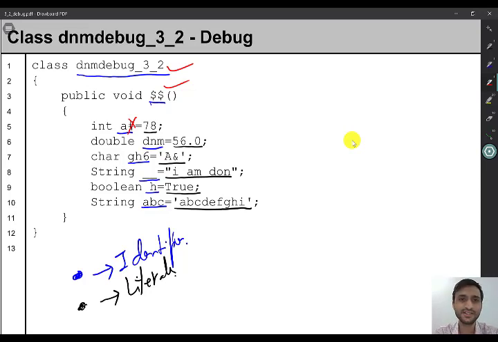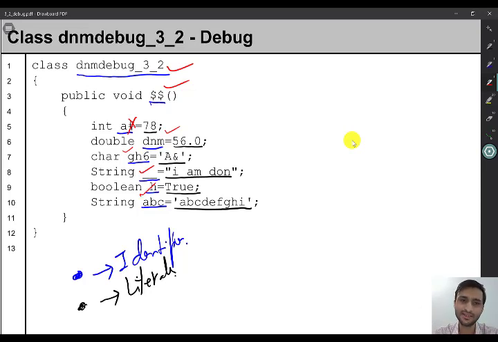Next identifier is DNM. Is that correct? That is correct, you are using alphabets. This is completely correct. Then GH6, is that correct? Yes, that is correct. We are using alphabets and digits, it is allowed. Next, underscore. Yes, underscore can be an identifier name. It is part of the identifier rules. So this is correct. Though it looks like a fill in the blanks, it is not fill in the blanks. It is underscore. And underscore is a correct identifier name. We can also write an identifier name like this, only underscore. Okay, similarly only dollar sign. Next, H. Yes, it is completely fine.